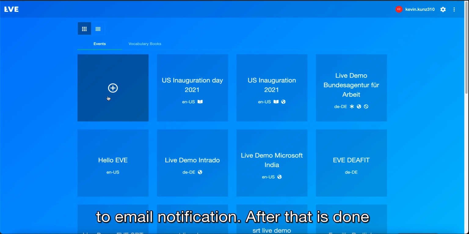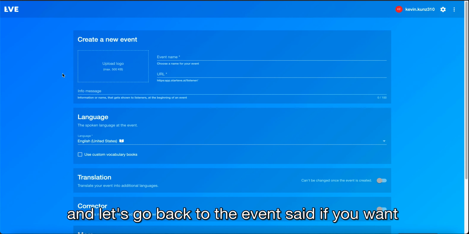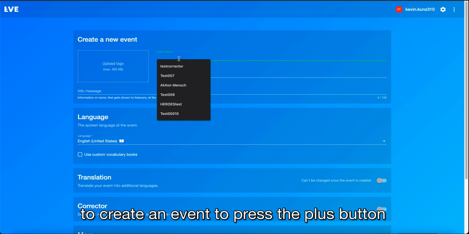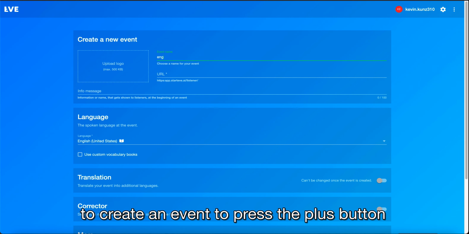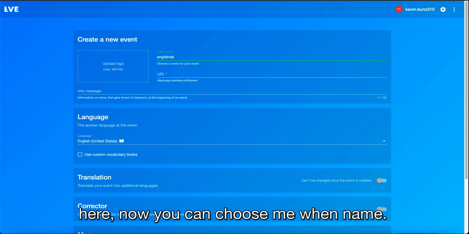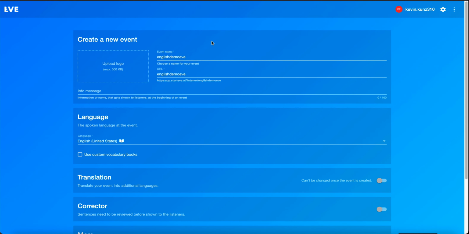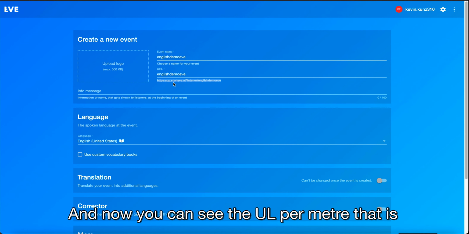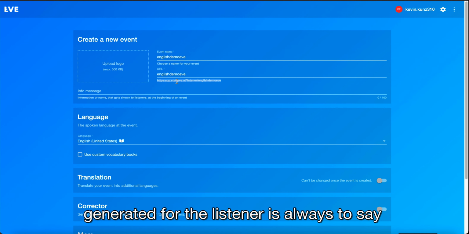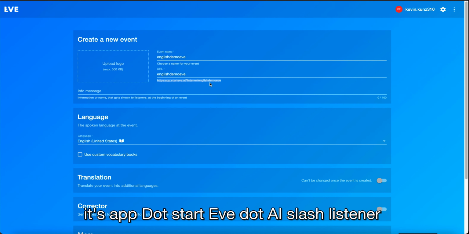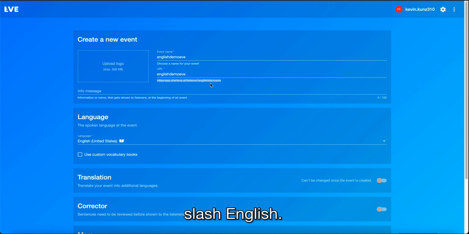If you want to create an event, you press the plus button here. Now you can choose an event name. Let's choose English Demo Eve. And now you can see the URL that is generated for the listener. It's app.starteve.ai/listener/English Demo Eve. But if it's too long, you can also shorten the